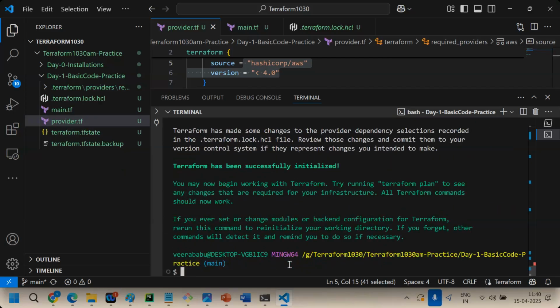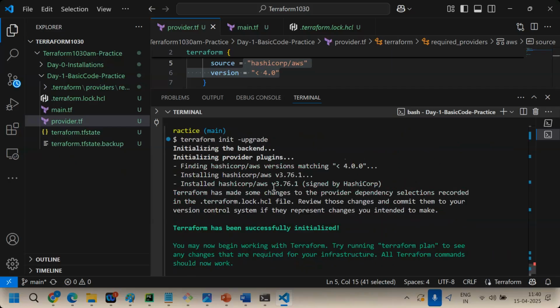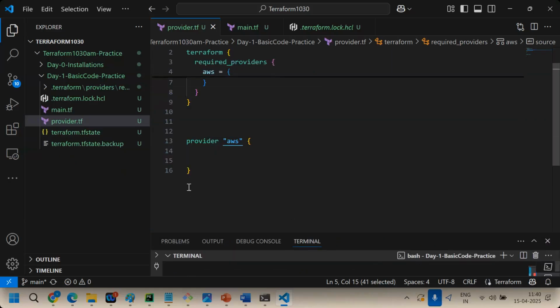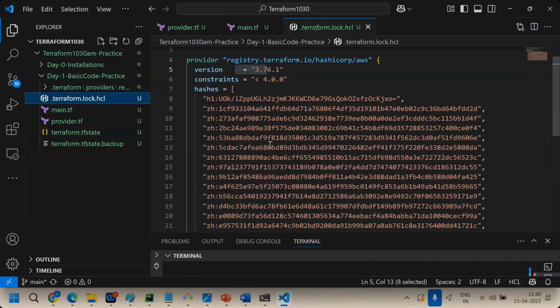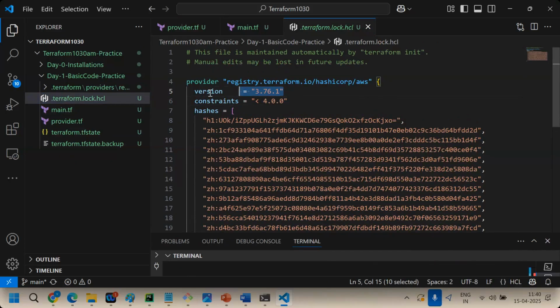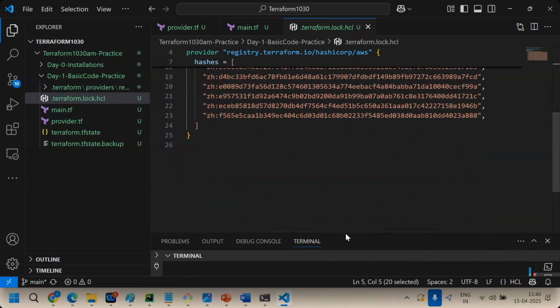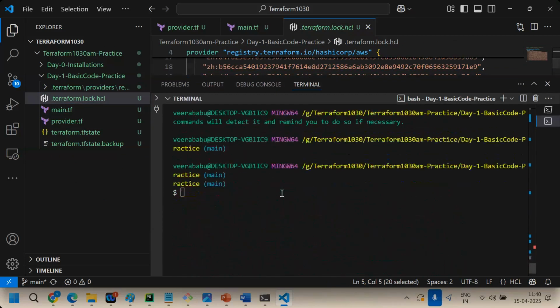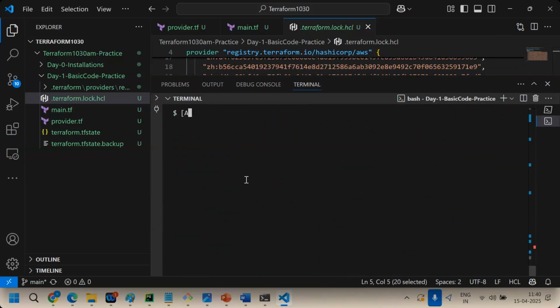Below 4, which version is available? 3.76.1. Let's check. Did the version change or not? Now the lock is enabled for 3.76.1. Now, if you run terraform init multiple times, is there an impact?